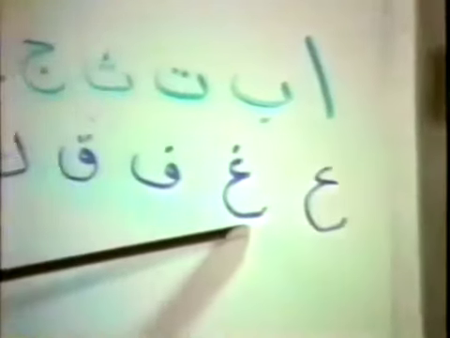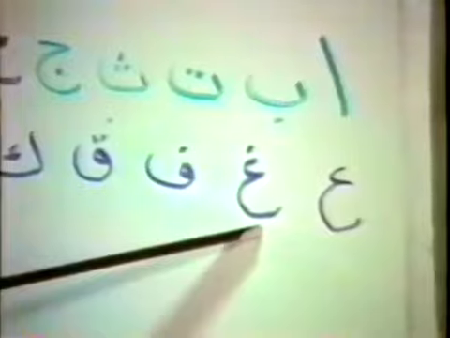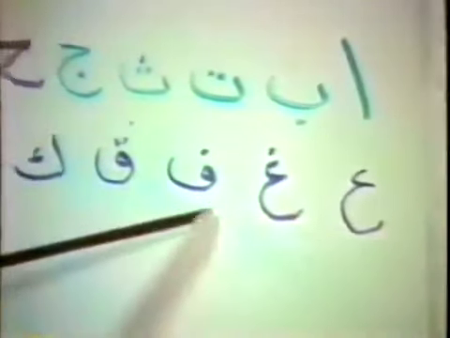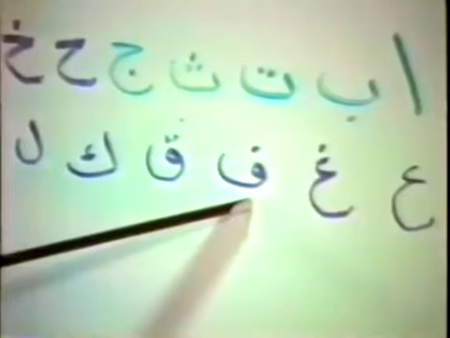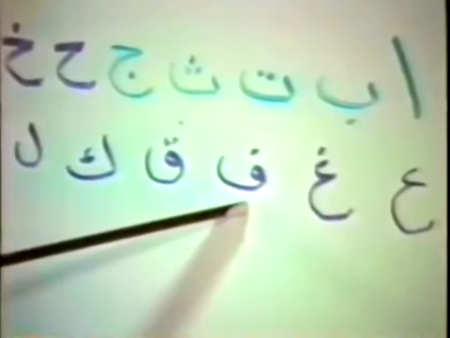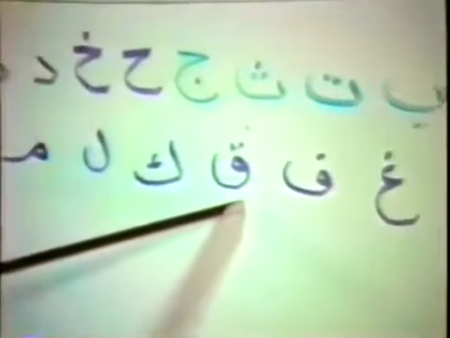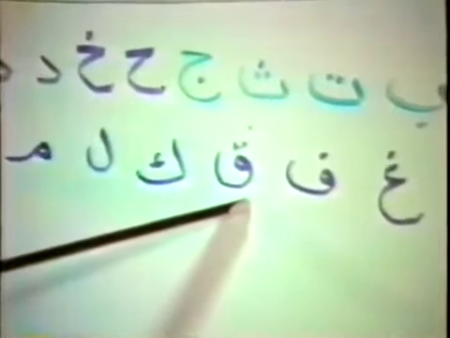This is the letter Ain, Ain, represented by A apostrophe A, Ain. This is Ghain, the French R, Ghain. This is Fe or Fa, equivalent to the English F as in Frank. And this is Qaf, a heavy K, Qaf, from the throat, or Q.